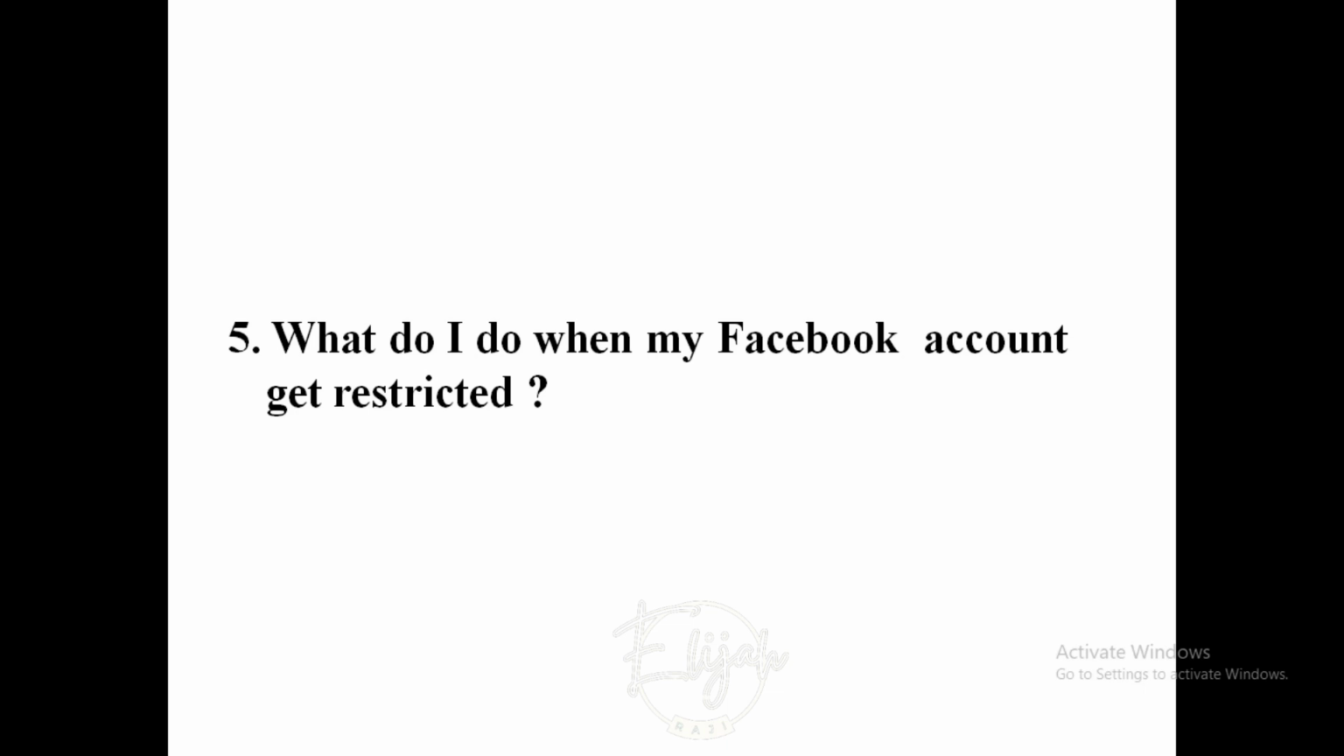Then another thing you need to know is that when you get restricted, in the process of reviewing, what you need to do is give Facebook the right information about yourself. That's what they are really focused on. Then you should check what caused the restriction. Is it that you just created a new